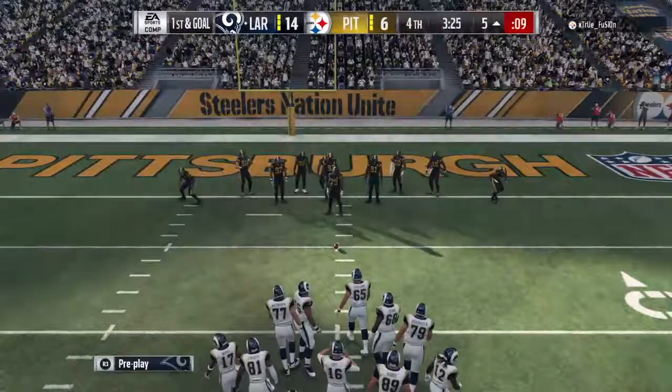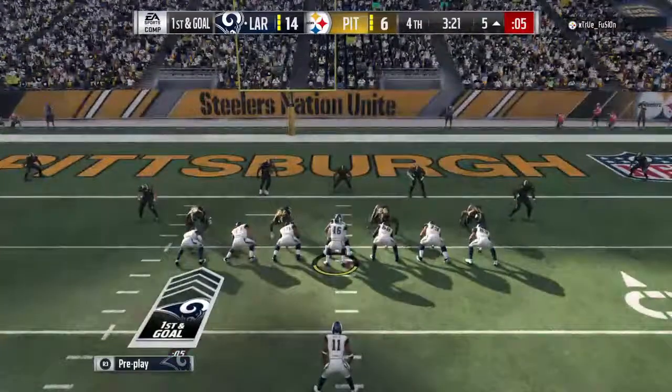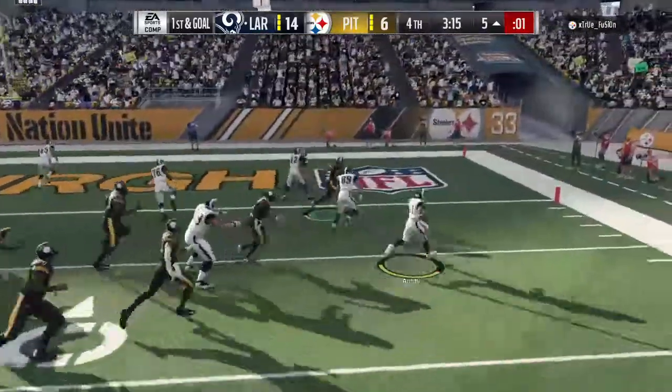They have all 3 timeouts in their pocket. I think defensively you've got to start thinking about using them here. I was just going to ask you at what point you think now's the go time? I think now's the go time. I don't think you sit back and wait because they can take a lot of time off the...